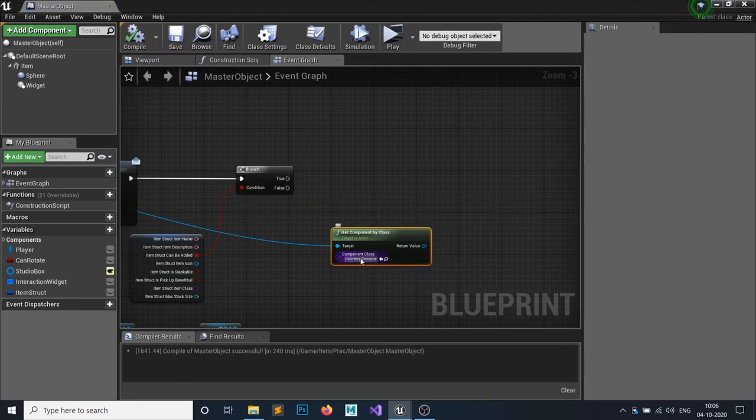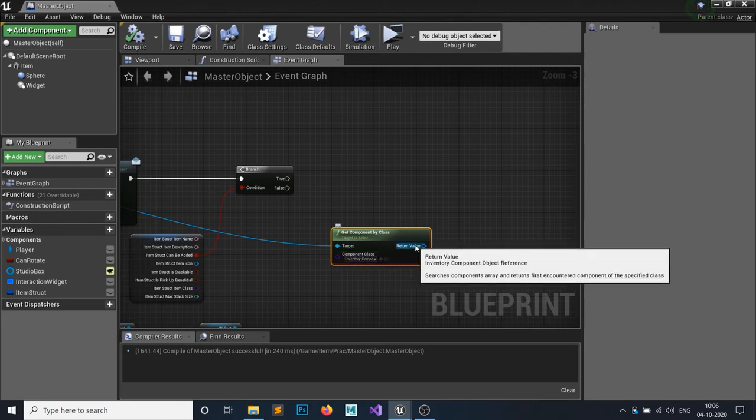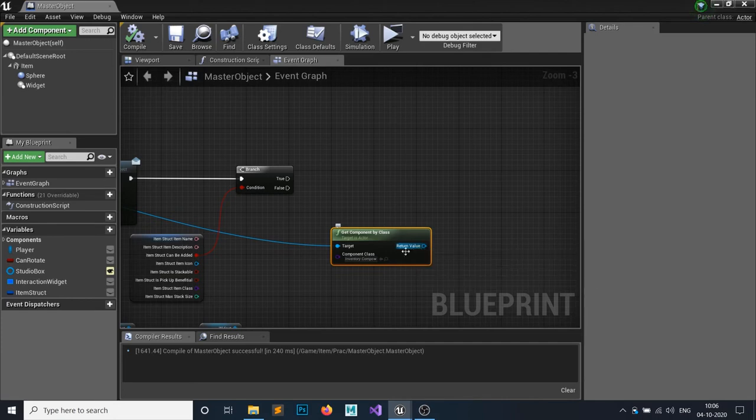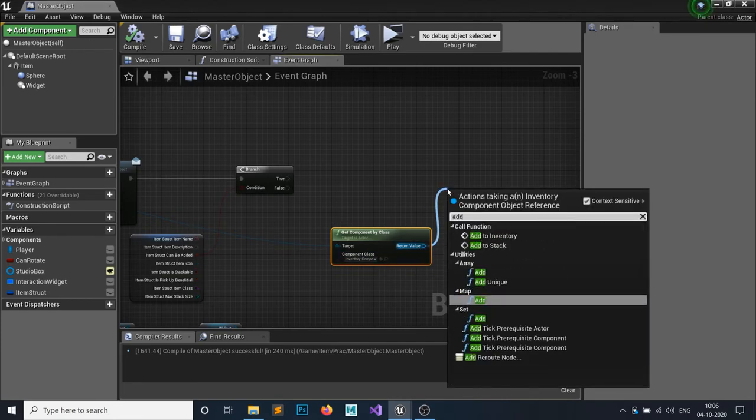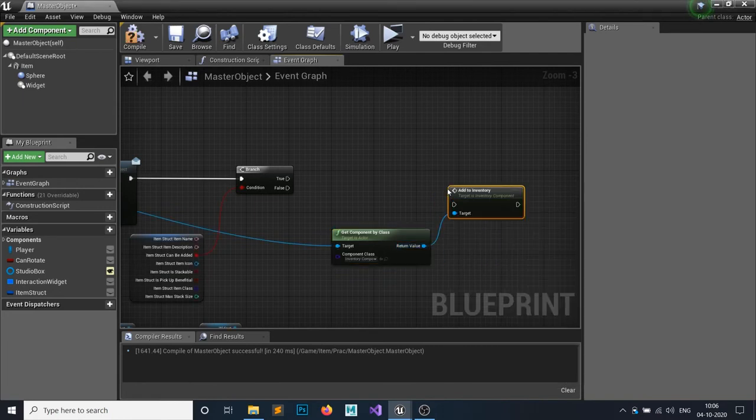If you don't know where this inventory component comes from, it comes from the custom component we have just made, and we have added this to our third person. After that, we can call the add to inventory function we have just created.